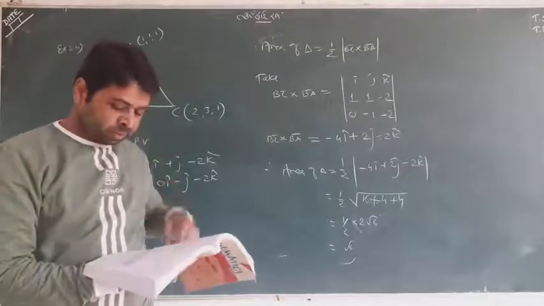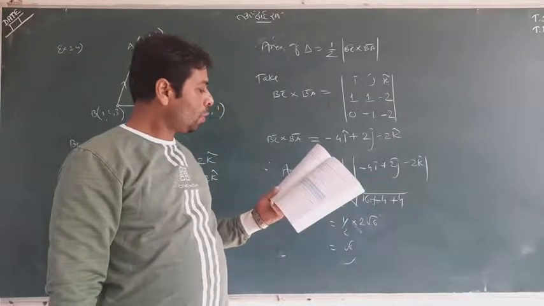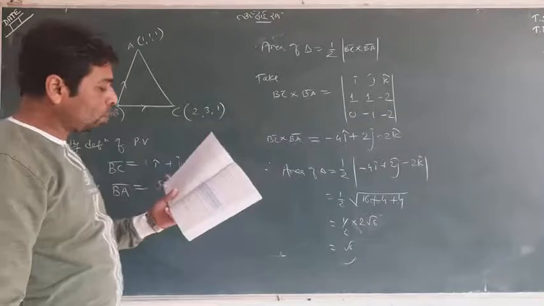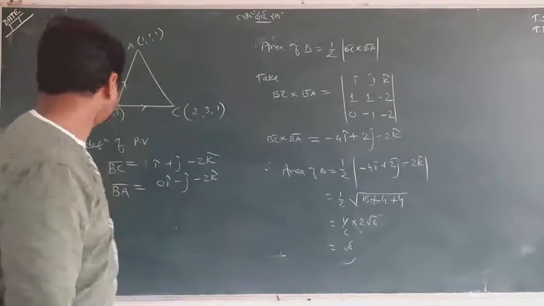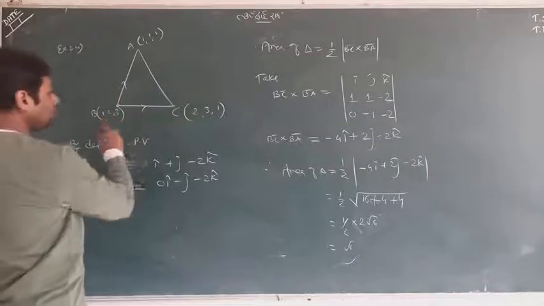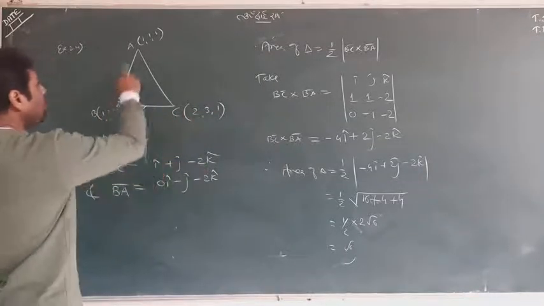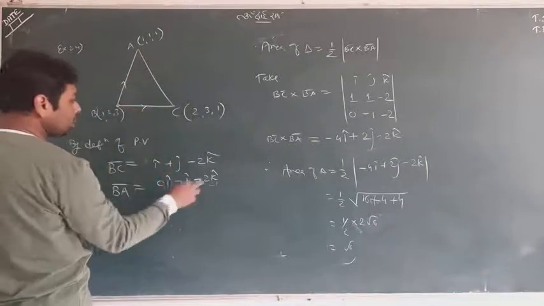Missing somewhere. Determinant, I think, is wrong. Open it. i, j, k, 0 1 2, 1 2 0. Oh, let me check the question. 1 1 1, 1 2 3 and 2 3 1. Okay, so BC was (2 minus 1) i, (3 minus 2) j, and (1 minus 2) k. BA meaning (1 minus 1) 0, (1 minus 2) is minus 1, and (1 minus 2) is minus 2k.